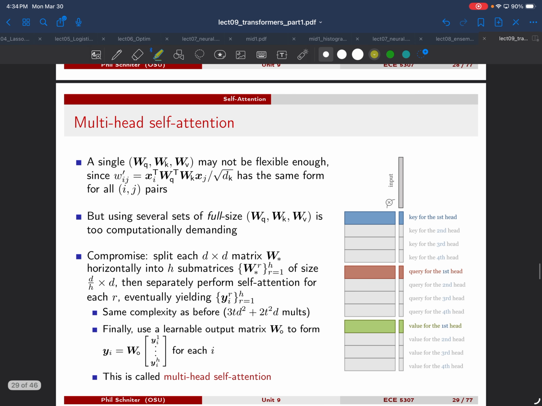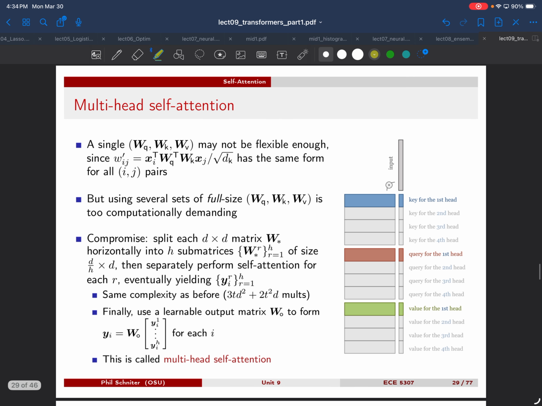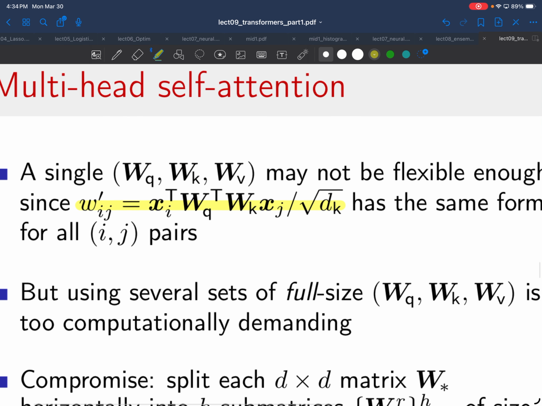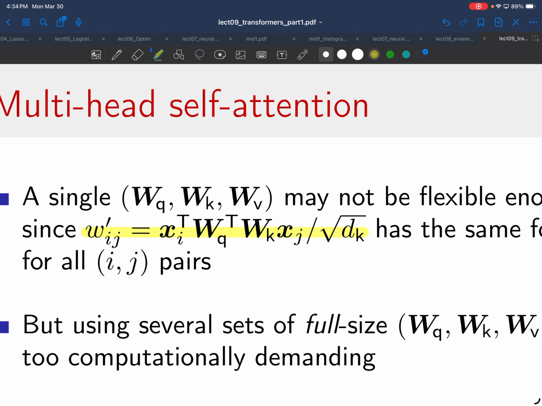But it turns out that it's maybe not flexible enough. If you look at how the raw weights are computed, right now, this would be our key, kj, this is our query, qi. And this is just writing them more explicitly with the matrix transformations. And you notice that, for every ij pair, you will always have this way of computing it, which means there's sort of only one way in which